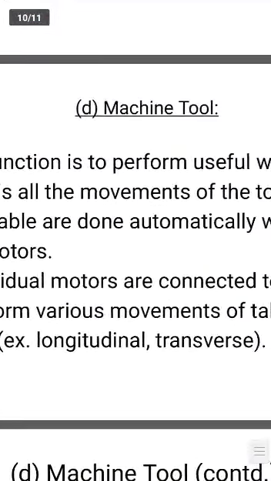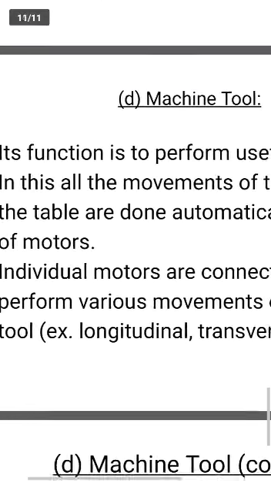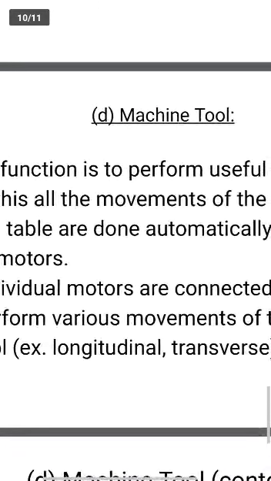Next one is machine tool. So what is the work of machine tool? The signals from the interface control the motion of the CNC. While taking the computer signals from the interface, the machine tool interface converts them into motion on the CNC machine. So what does this machine tool do? It converts the language, whatever program we have written, into machine language.